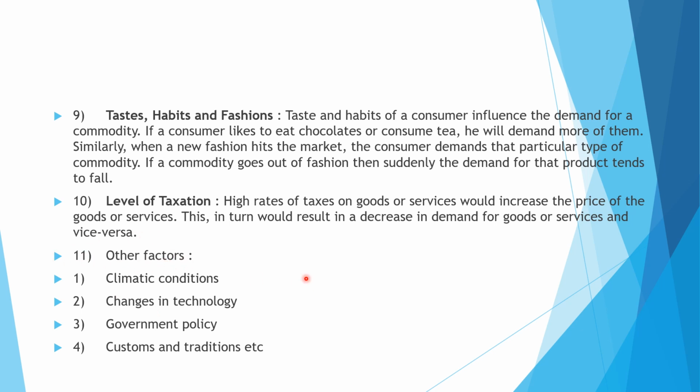Climatic condition is going to affect demand. If it is the summer season, people will tend to buy more cold drinks and more ice cream. The demand will be increasing for that product. If it's the winter season or monsoon season, the demand for tea and coffee will be increasing, and the demand for ice cream will be decreasing, because in the monsoon season people get sick very fast. Because of that, they tend to buy hot things rather than cool things.